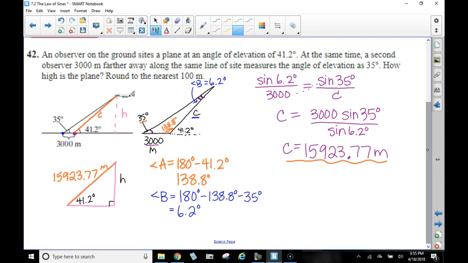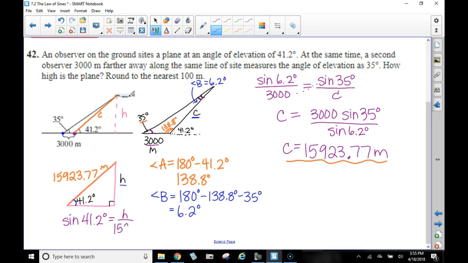Look at this right triangle. From this angle down here, you're trying to find the opposite side. You have the hypotenuse. What trig function deals with opposite and hypotenuse? It would be the sine, right? The sine of 41.2 degrees is equal to the opposite, that's H, the height, over the hypotenuse,